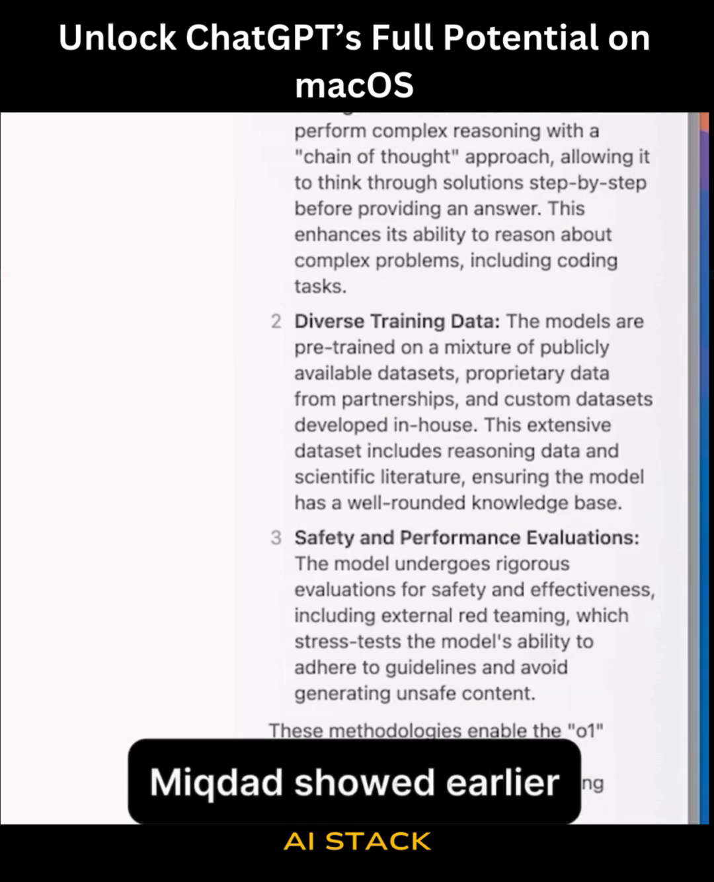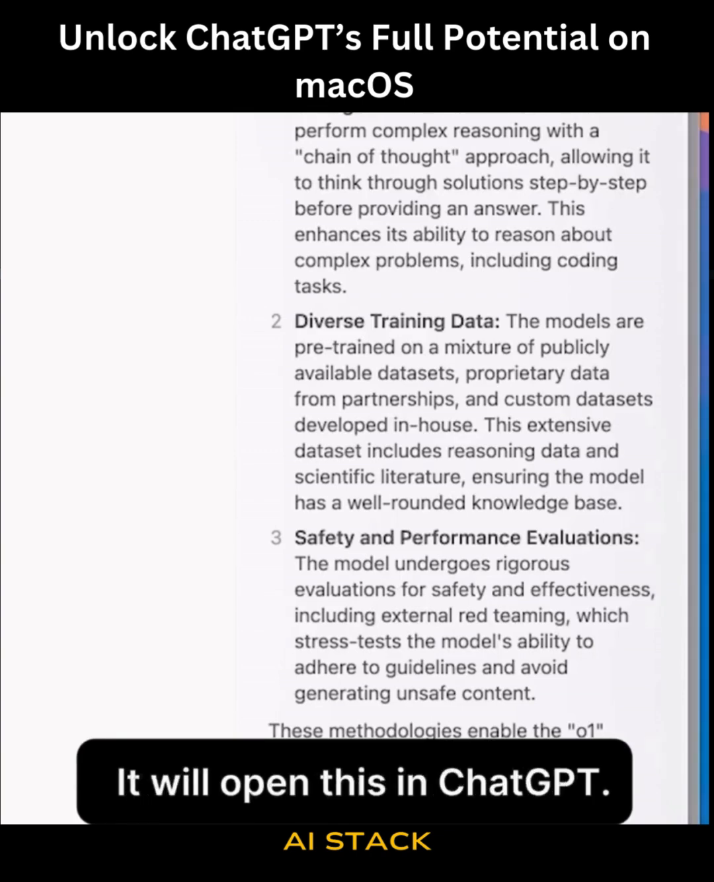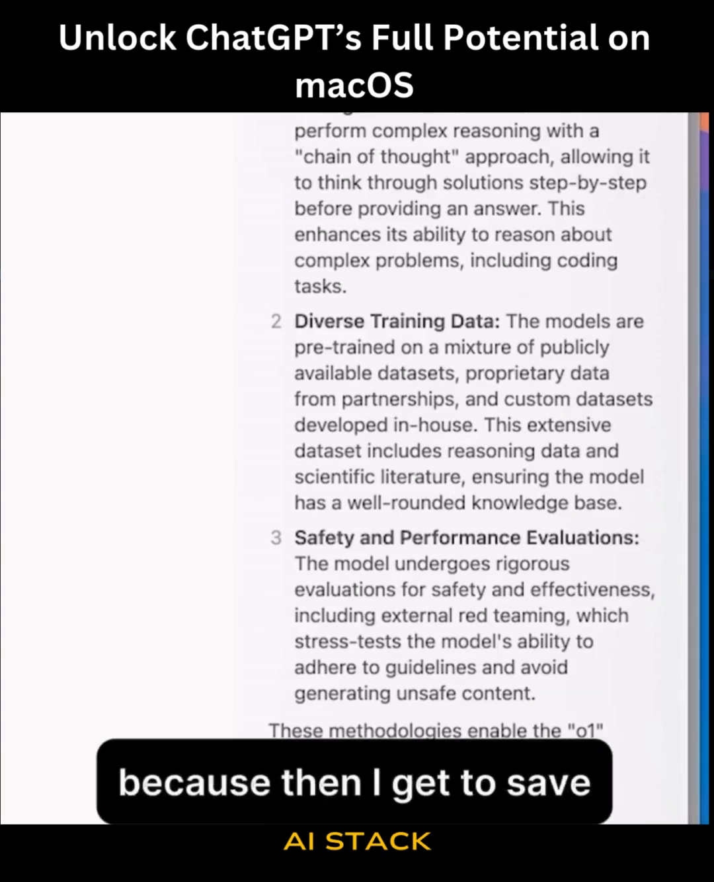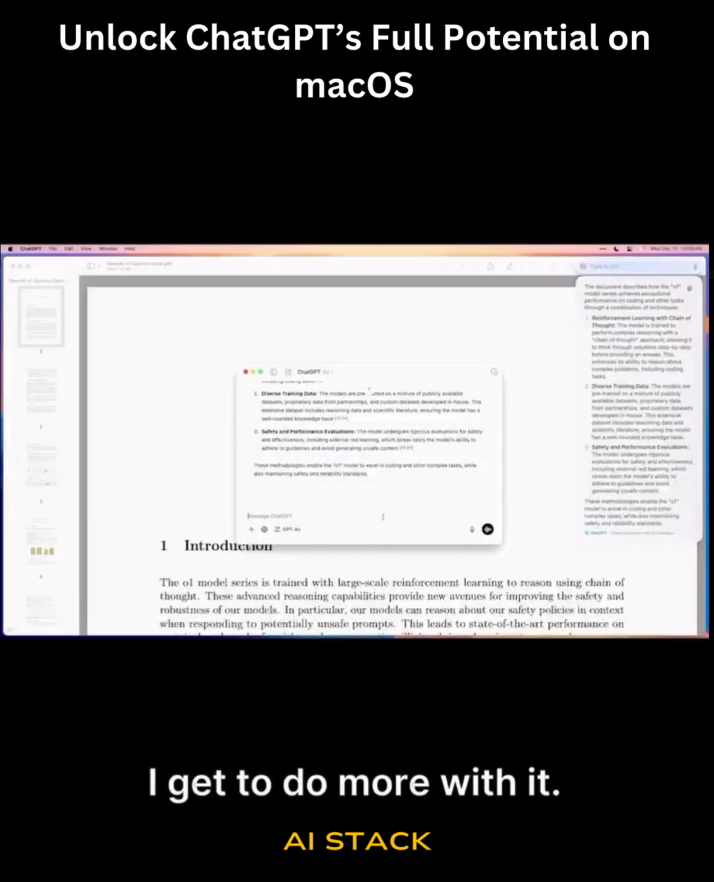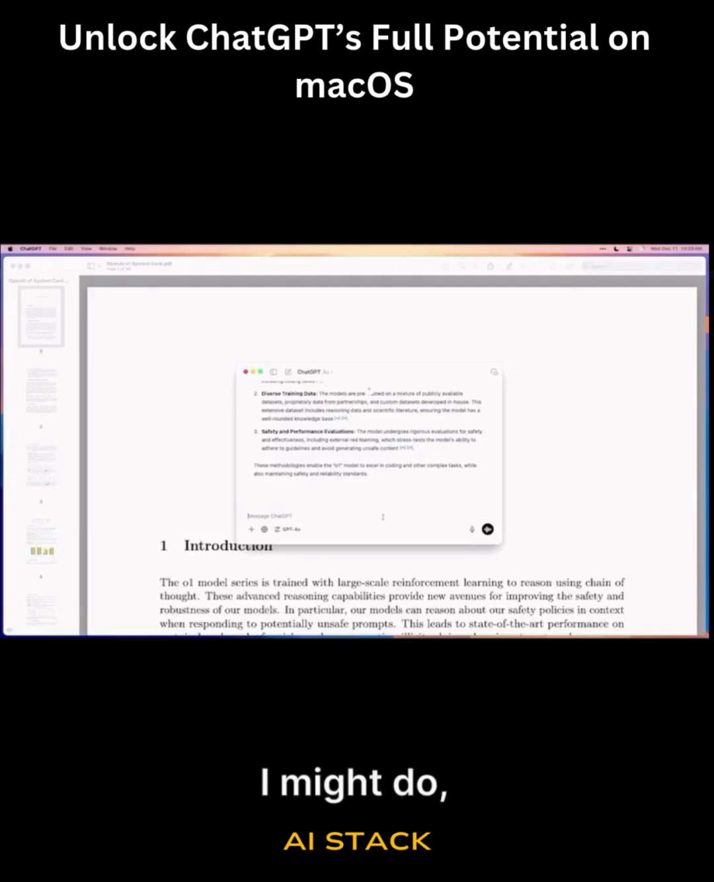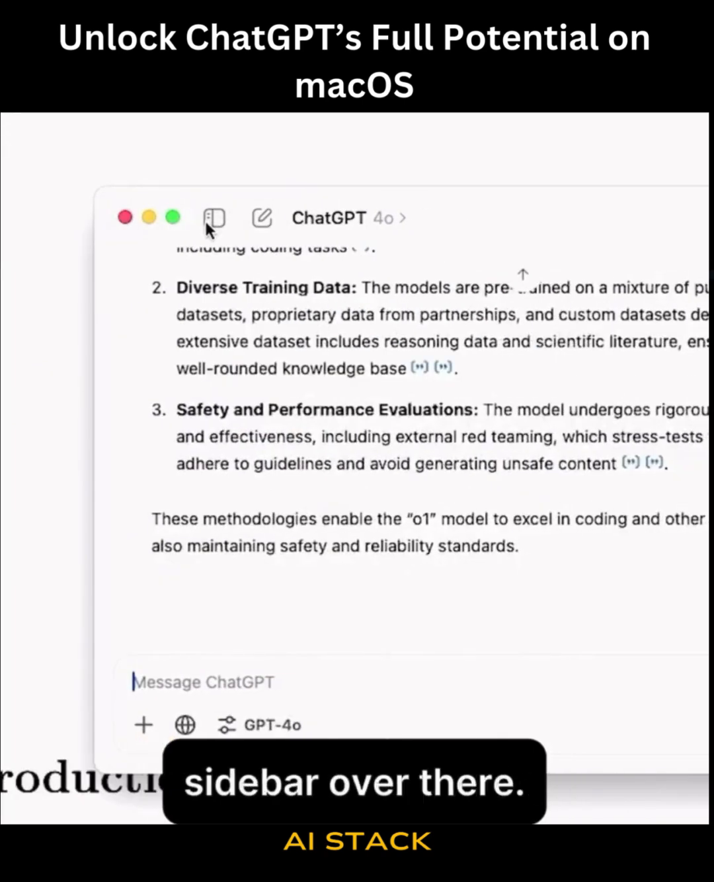McDonald showed earlier on the iPhone that if you tap this little ChatGPT button down at the bottom, it will open this in ChatGPT. And that's super cool because then I get to save it for later. I get to continue the conversation. I get to do more with it. So like one of the cool things I might do now that I have it saved here, and it shows up in my sidebar over there, is,